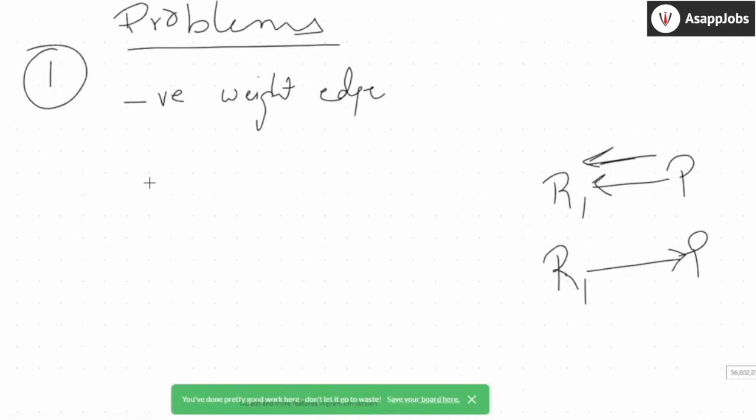So if I say I want to represent a graph in which the property is that power always flows from the power source to the room, then in this case, let's say the power here was 10 ohm, here it will be minus 10 ohm, because it's a negative of it. I'm not transferring any power. It's not happening. It is always pushing it back, because no power will transfer from room to powerhouse. So this is how you define a negative edge. I mean, there are some applications of it, but that's an easier way of visualizing it.